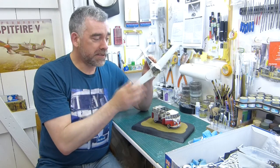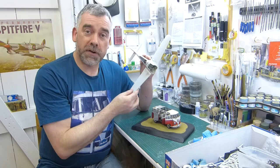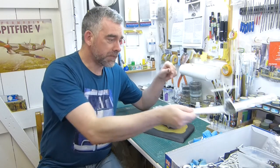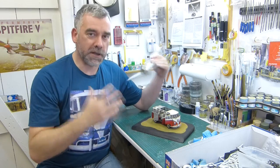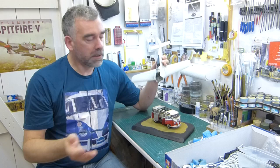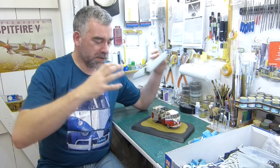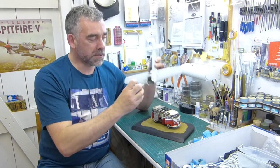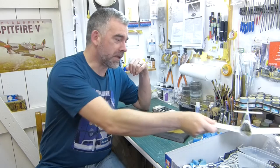Believe it or not, it was actually my intention to have this finished first. As you can see, it's progressing. It's got the wings on, which is always a nice part of the build of an aircraft, isn't it? When you get the wings on, you feel like you're actually getting somewhere. You spend months, weeks, or days doing the cockpit, and for what seems like an age, you've just got this pile of stuff in front of you, but then when the fuselage goes together and the wings go on, you really do feel like you're making progress. So we're making progress with that. But anyway,